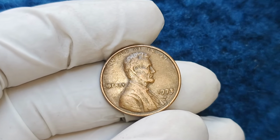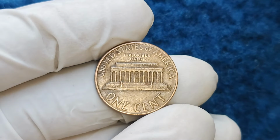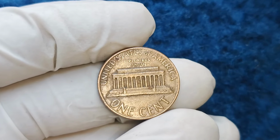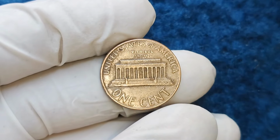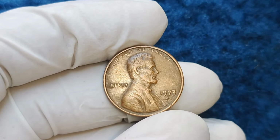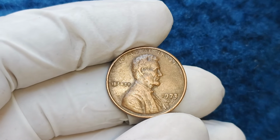Let's dive into what makes these coins such valuable collectibles. The 1973 D penny in perfect condition is hard to come by, and this is where rarity kicks in. In the world of numismatics, yeah, that's the fancy word for coin collecting, rarity plays a huge role in a coin's value. But not just rarity, collector demand is a biggie. People are always looking for that rare piece to complete their collection, and when it comes to coins with errors,